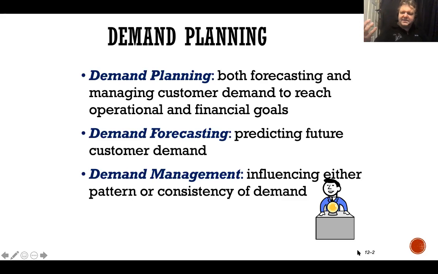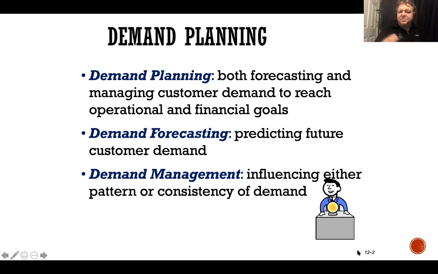Demand forecasting is predicting future demand. So I'm forecasting, a fortune teller, I'm going to envision, here's what my future is going to be. Here's what I'm going to plan to make, right? So looking at previous data, I'm going to try to pretend and understand exactly what I need to make, how many items I need to make.